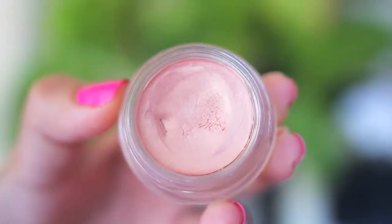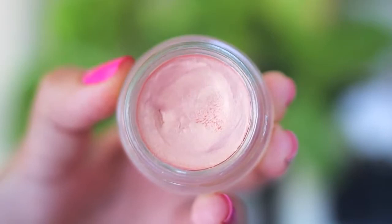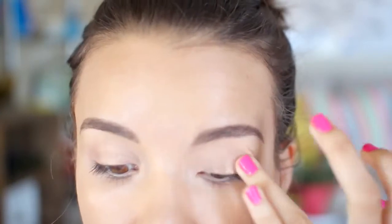Going back to my NARS eye primer, I'm putting it on my lids, which is its intended use, and then I'm using a MAC's Rubenesque paint pot, which is one of my all-time favorites for summertime. It's this gorgeous peachy gold color that's so pretty. Putting that all over my lids with my fingers just as a nice shimmer